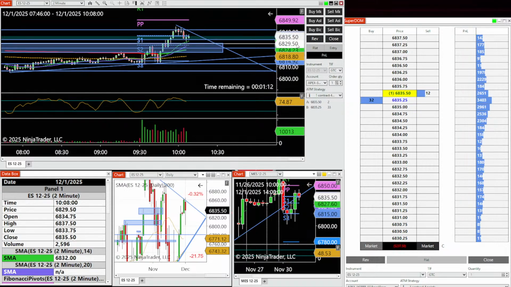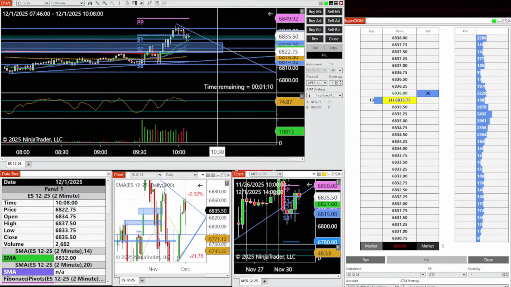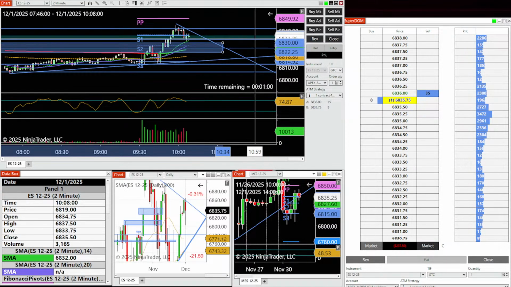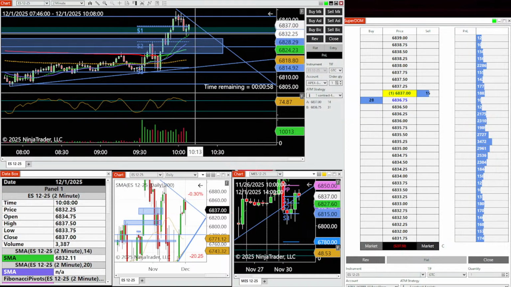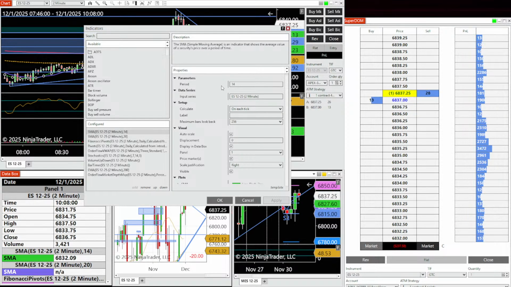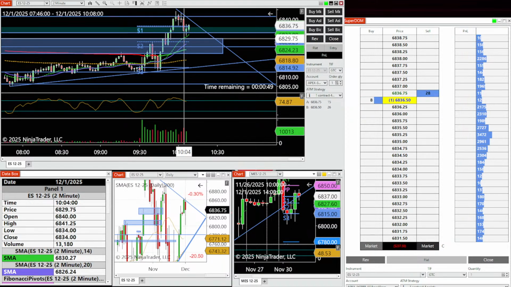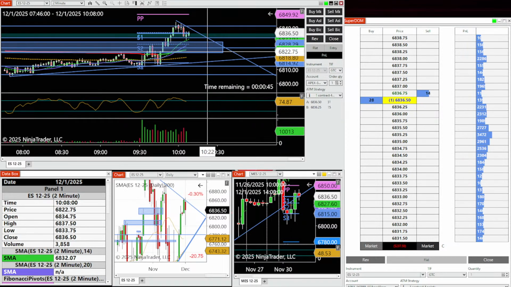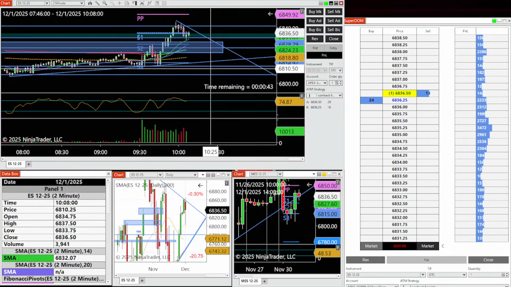Bouncing off the trend line here. Which one is this? What trend line is it? Is it respecting? It's respecting the 14. It's 14 period. So far, as of now,